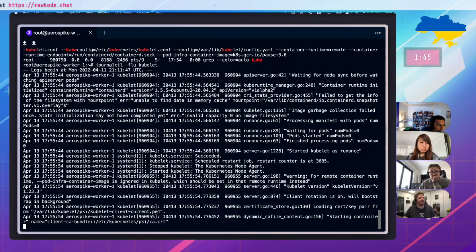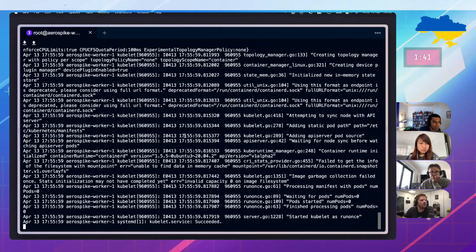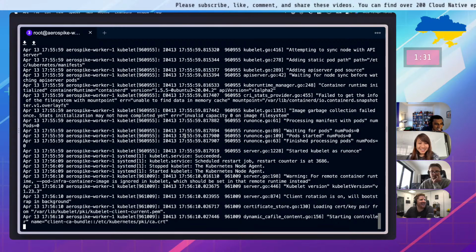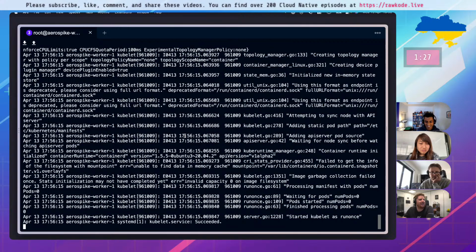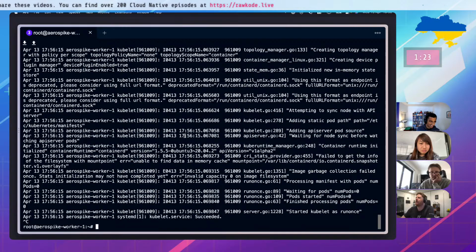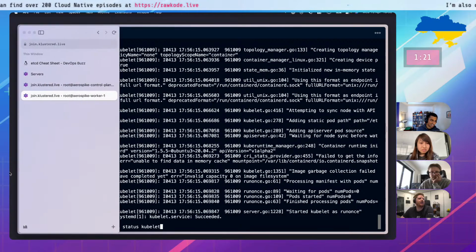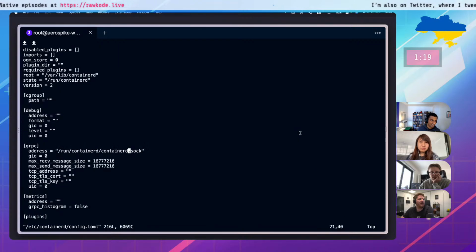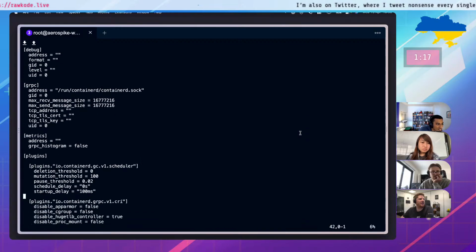Oh, it's just not started yet? Is that it? Or did you restart it there? No, it's running. Started kubelet as run once. Yeah, that's not cool. Started kubelet as run once. Yeah. I think they've broken more stuff in your kubelet config. Or containerd config. But there's a bunch of interesting things in that log message.